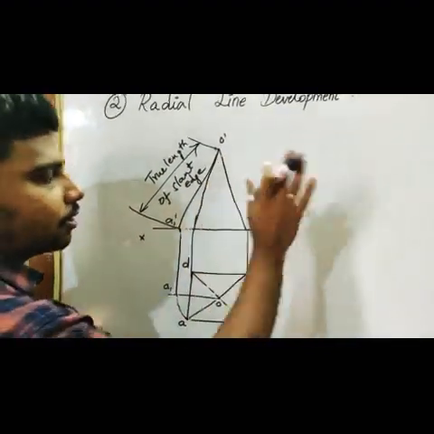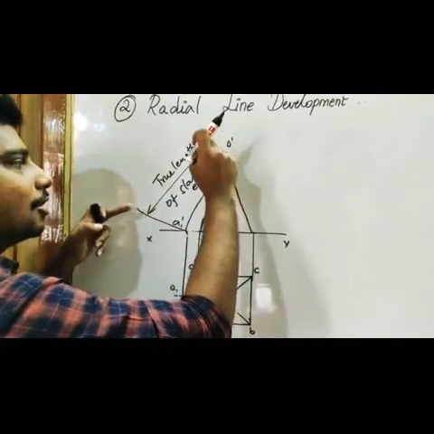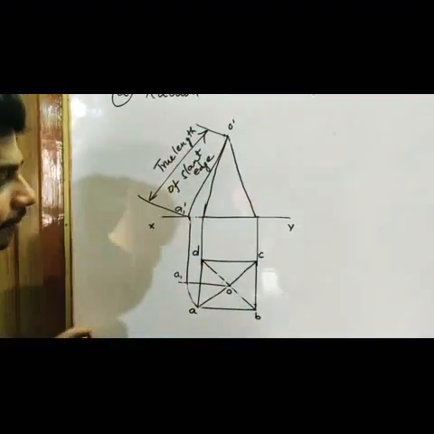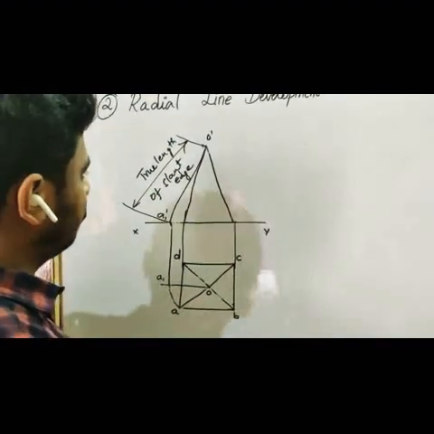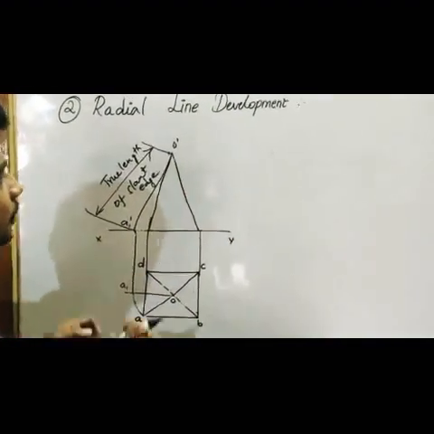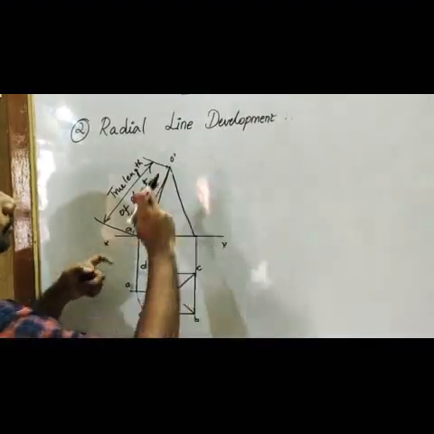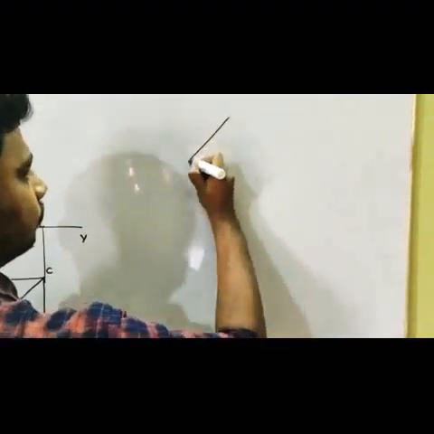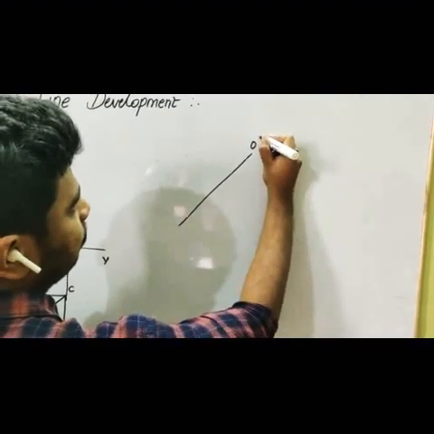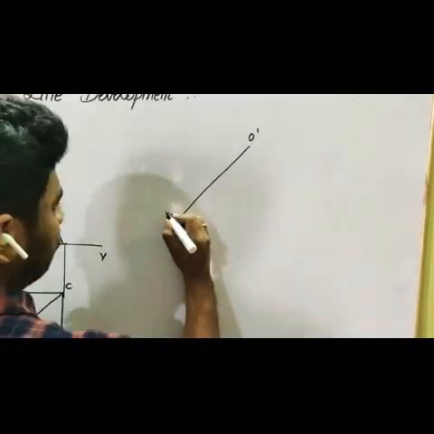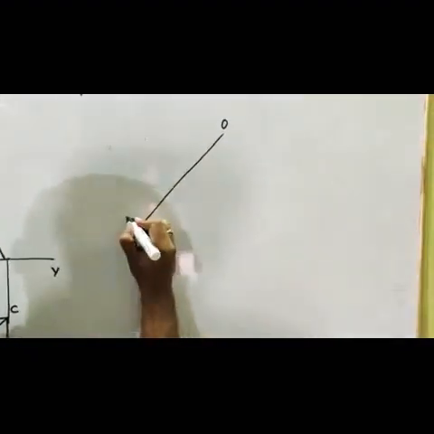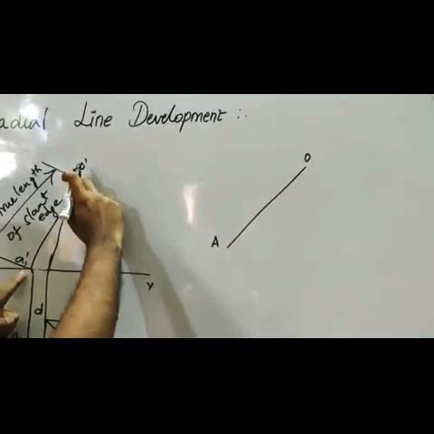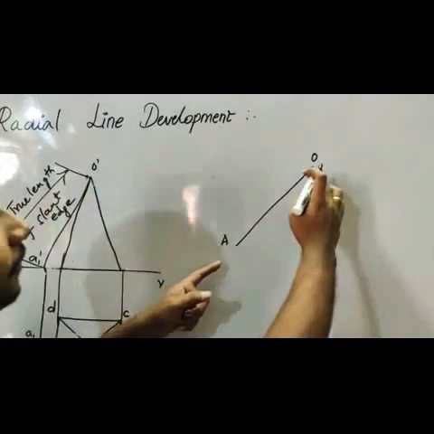So to draw your development, we need to find the true length of your slant edge for a radial development. So now we come to the true length, your development. You know the true length now, A1 dash is the true length. So you draw your true length first, O dash, and I'm going to keep it in capital letters. So OA will be equal to my O dash A1 dash. So this is my first length, right?